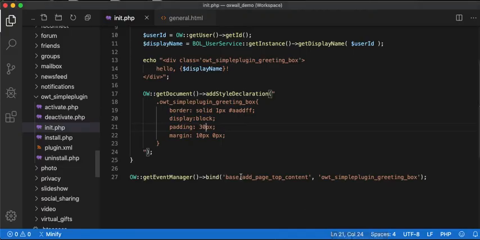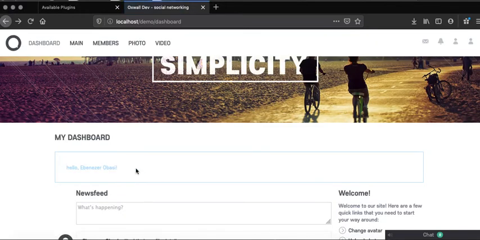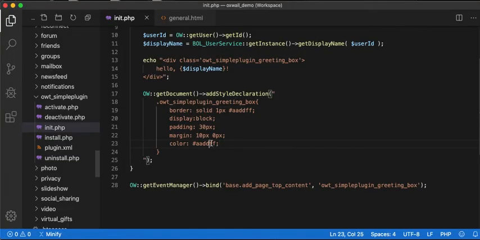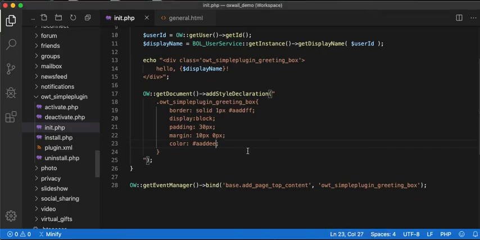So we need to style the colors as well. We want the colors to be the same as the border. So a little bit of red, a little bit of green, and much more of blue. So we have this. Ooh, that is something else. Let's use this a little bit. Okay, much nicer to the eye. Okay, so I think I've taken a whole lot of your time. Let us proceed